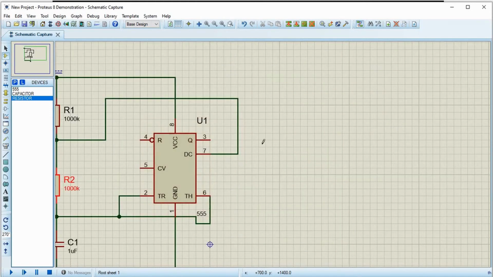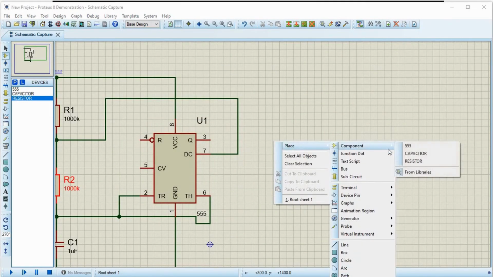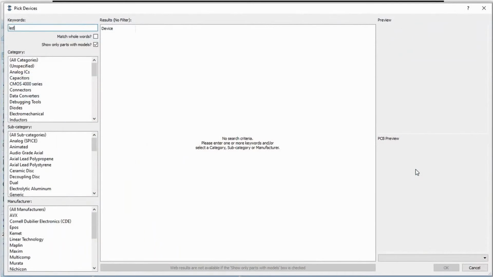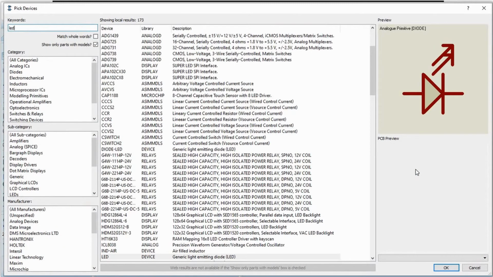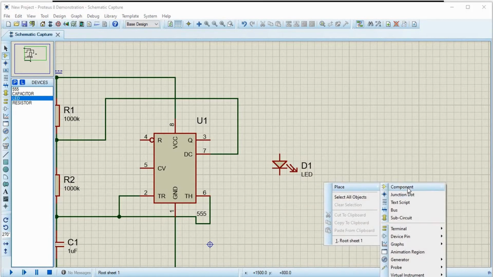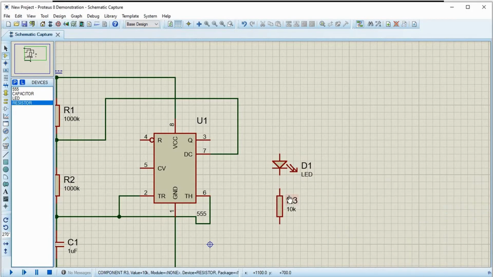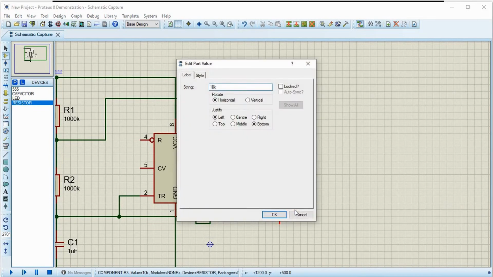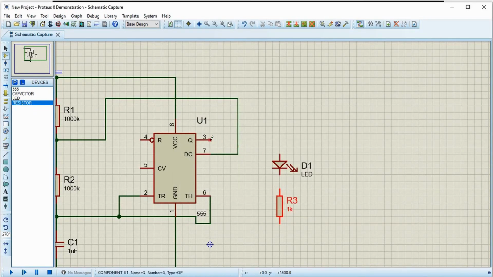Let me connect an LED for output, an animated LED here.